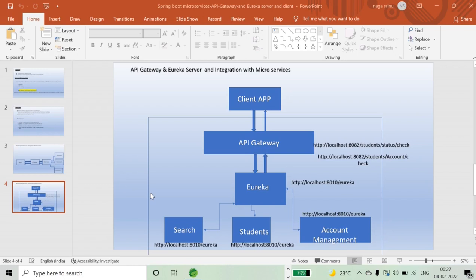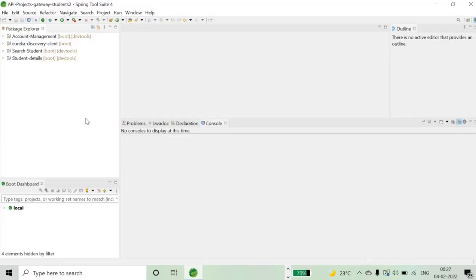Hello. Now we will see how to invoke microservices via API gateway. Let us quickly go to our STS tool. Here the API gateway project is not available. For that we need to generate it from